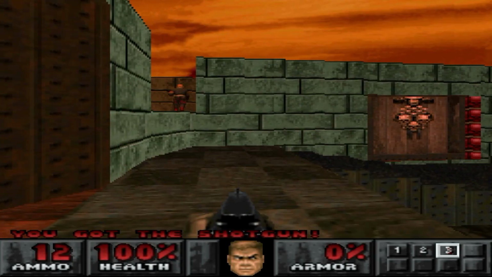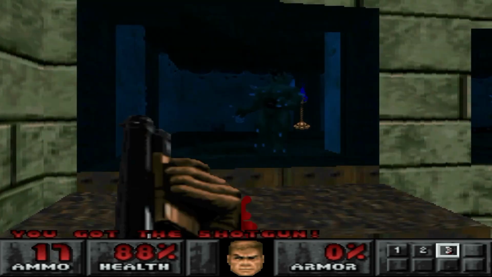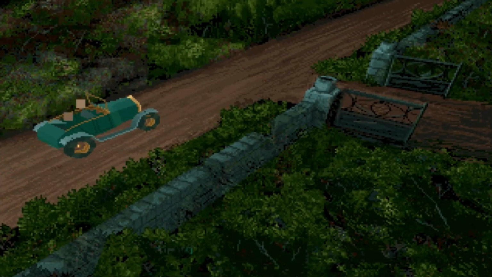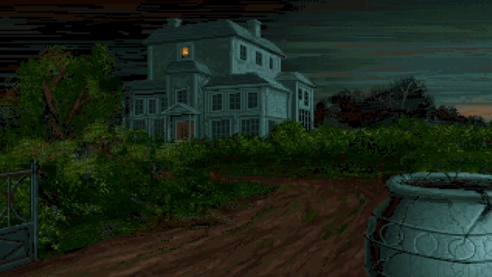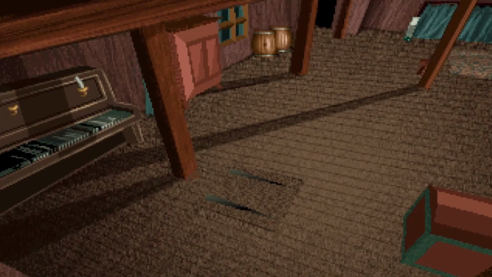The early days of 3D horror video games were characterized by a few notable titles that established the genre's key tropes and conventions. One of the earliest and most influential of these games was Alone in the Dark, which was released in 1992 and set the standard for survival horror games with its emphasis on exploration, puzzles and limited resources.